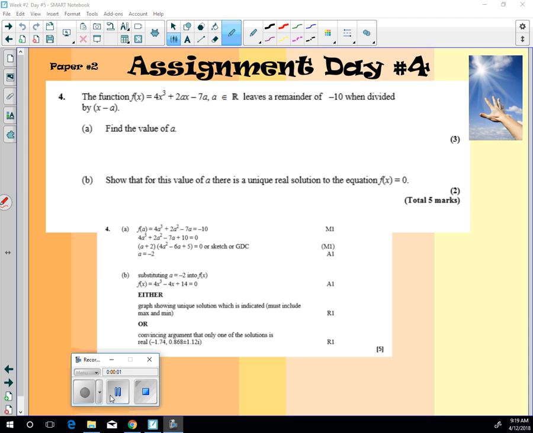Today we're going to look at problem number 4 on day 4, week 2. The function is 4x cubed plus 2ax minus 7a, and you're dividing by x minus a, and you're getting a remainder of negative 10. So let's say I had 2x squared